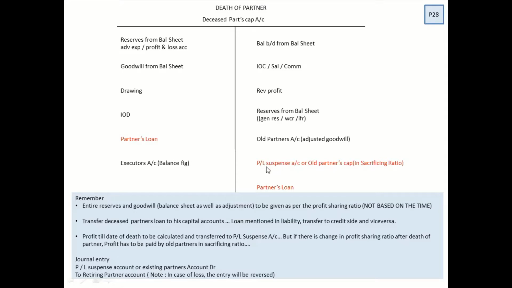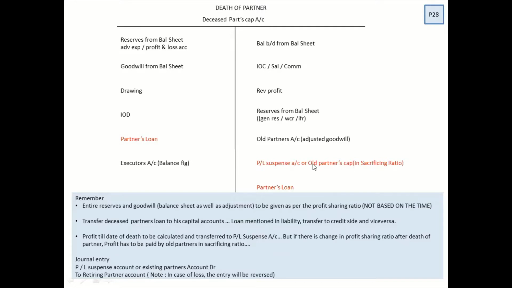Now the calculation of the profit would be shown to you in the next slide. Just for your understanding, the profit is based on certain assumptions. That is why the word suspense has come. It is not the right or actual profit. Otherwise we would have written profit and loss account. But since it is based on certain assumptions, you use the word profit and loss suspense account. You should use the right terms. Now, even at times they use the word old partners' capital.